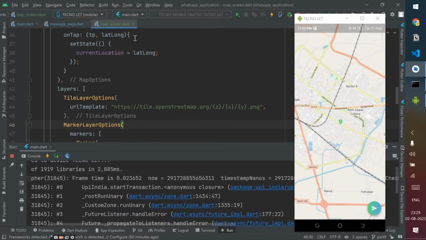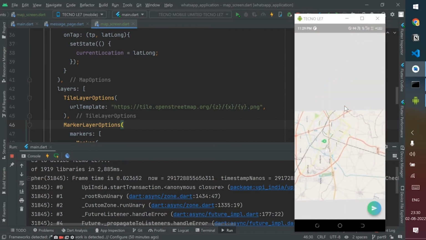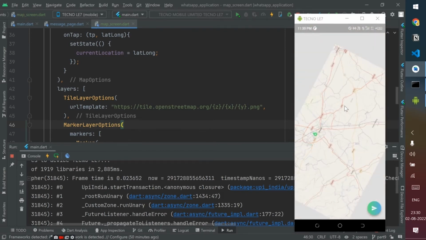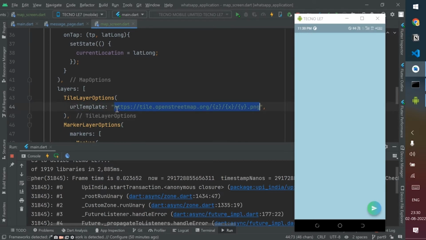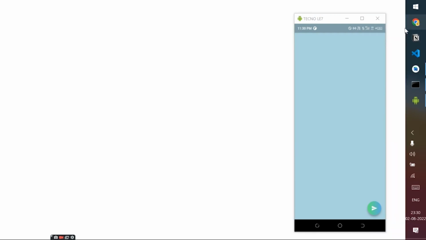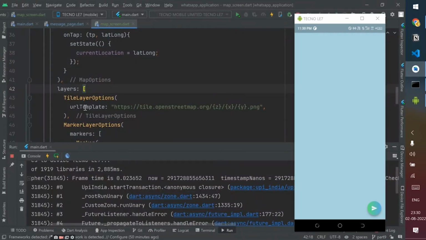So what this is doing is that it is basically rendering each tile. So this is like an image. If I zoom out of it, you can see that its tiles are rendering. Tiles are automatically rendering. If I go out here, the tiles are rendering. So we are passing a URL template. So if you open up your browser and pass this link that is right here in the URL template, let me go here, pass this link